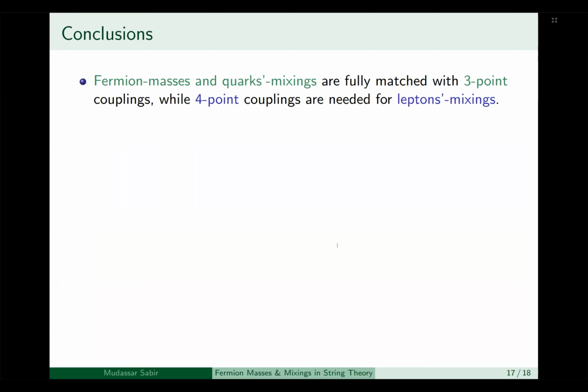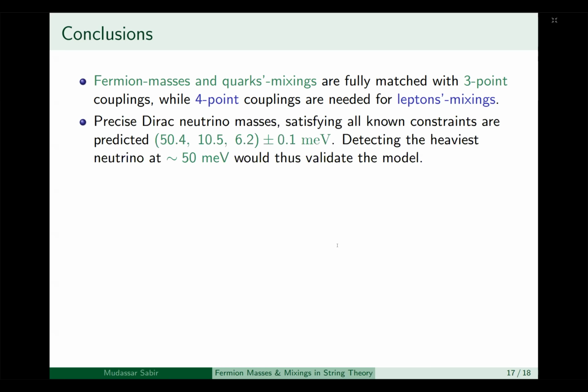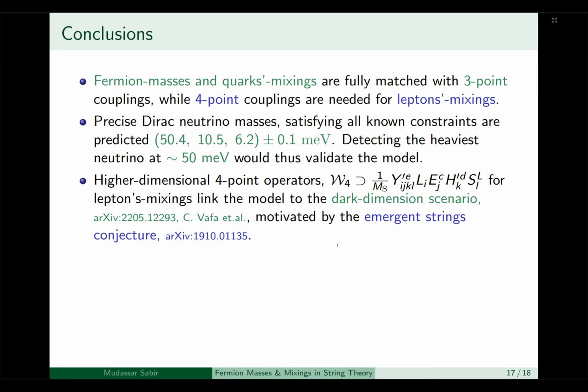So the conclusion is that fermion masses and quark mixings are fully matched with 3-point couplings, where 4-point couplings are needed for lepton mixings only. Precise Dirac neutrino masses satisfying all known constraints are predicted: 50 MeV, 10.5 MeV, and 6.2 MeV within 0.1 MeV error bounds. Detecting the heaviest neutrino at around 50 MeV will validate our model if we can measure it. Higher dimensional 4-point couplings, which are needed to explain the lepton mixings, we believe can link our model to the dark dimension scenario,